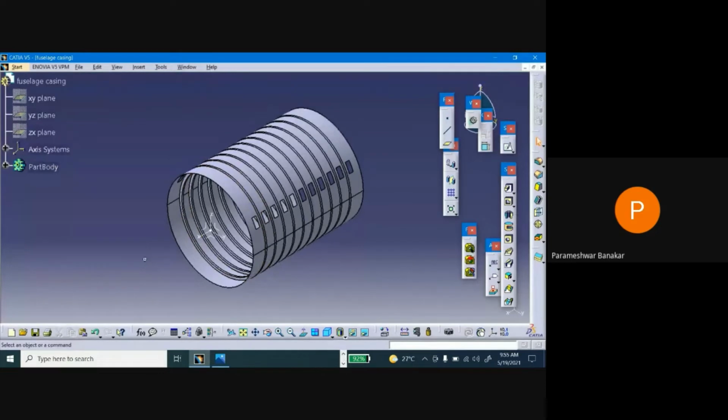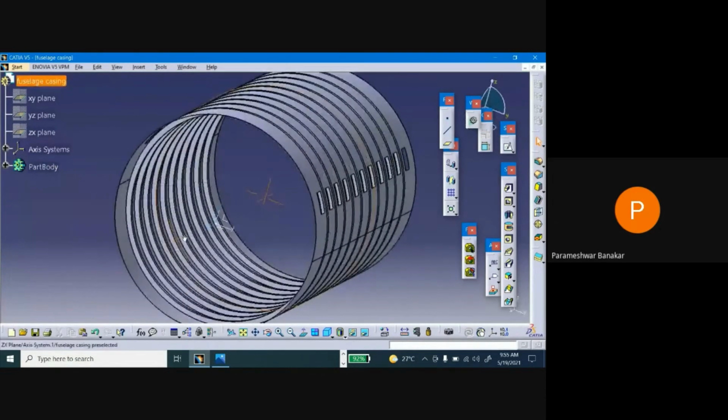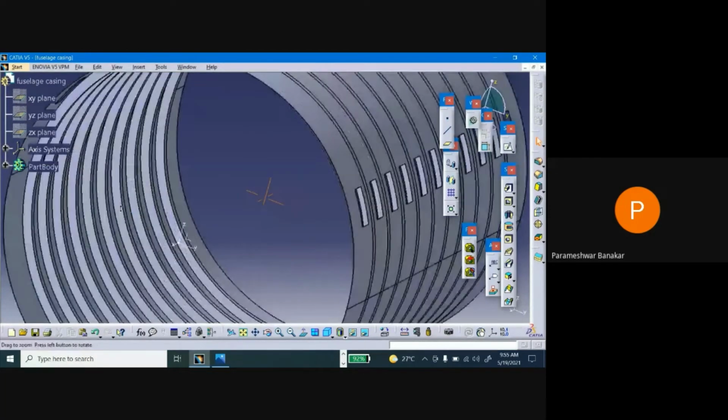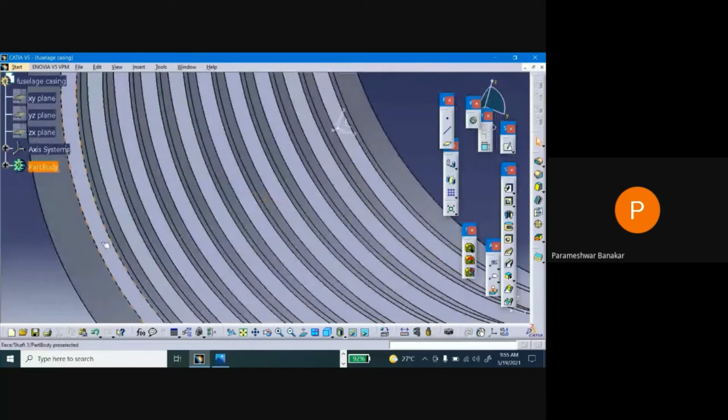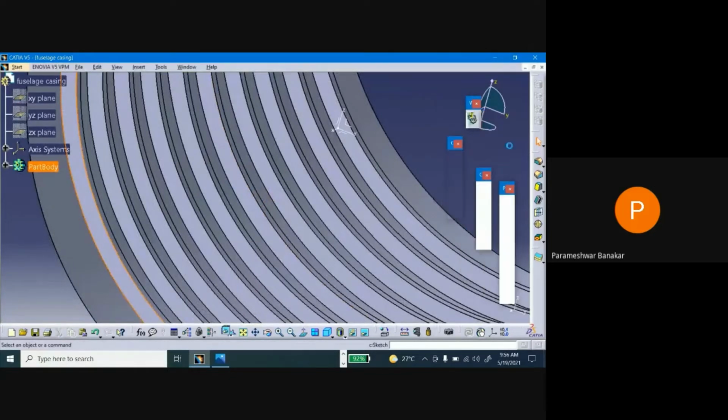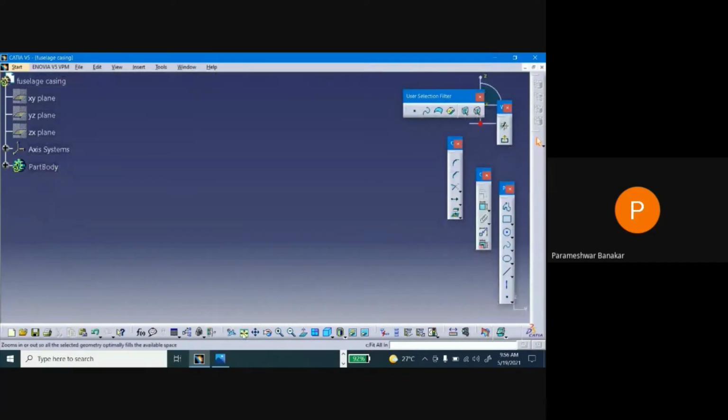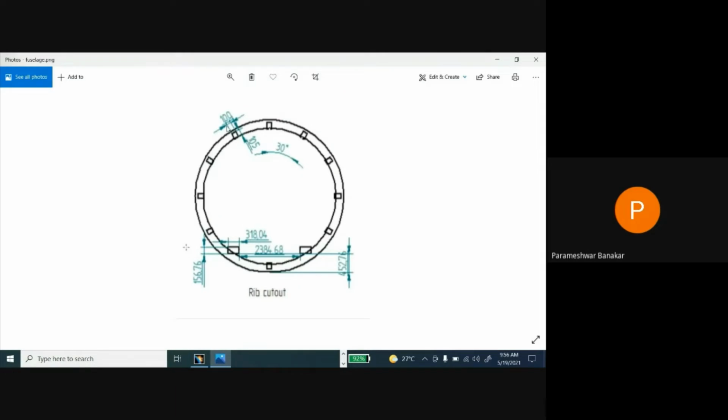Now for that, what we can do is select this surface, zoom it, select this surface and go to sketch. Okay, go to sketch. So now for that, see, 100 mm into 105 mm. So this many squares are there. We are supposed to create that.